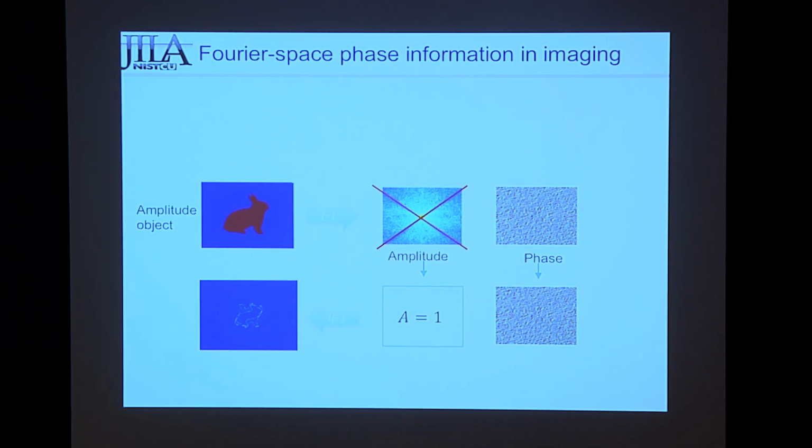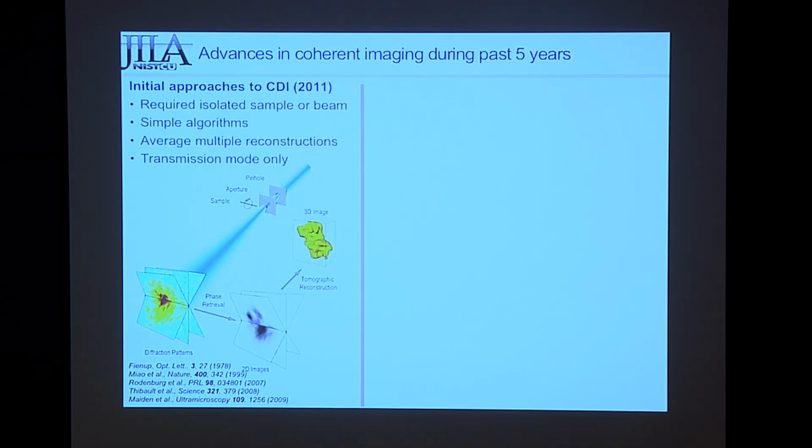There's an ambiguity on the direction of the bunny, but you can solve that in other ways. So the phase is everything. And if you have a good algorithm where you can guess the phase, and of course we have the amplitudes, we do keep the amplitudes, this can really work well. But when using that simple